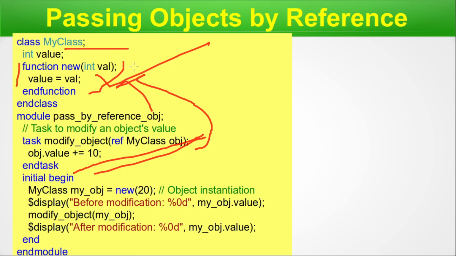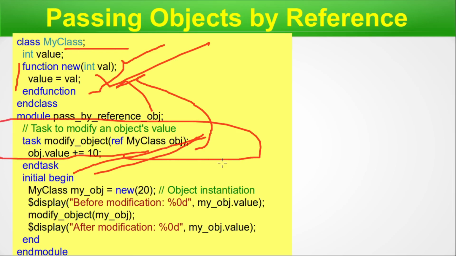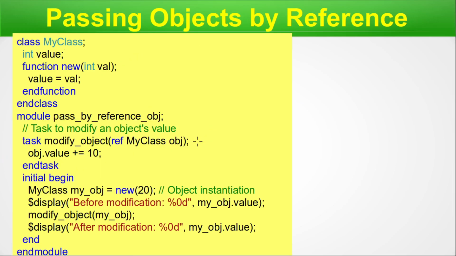Earlier with the class concept, only the native functions or methods could change it. Now the outside task, here this task is from outside, right? It's not inside the class. It is allowing to modify the value inside the class. And this is the beauty of passing objects by reference. So external tasks can actually work on the object's data, and we do not need the native function of the class